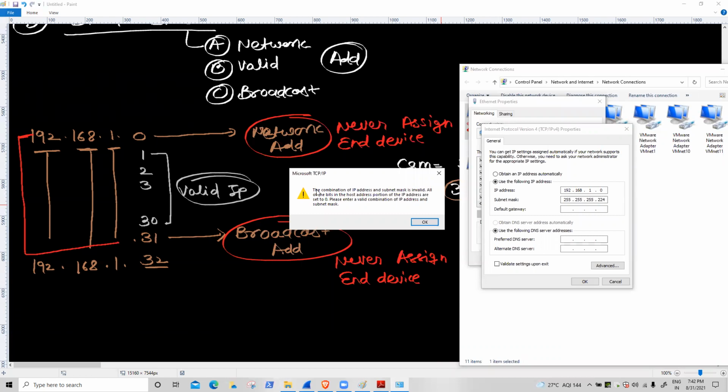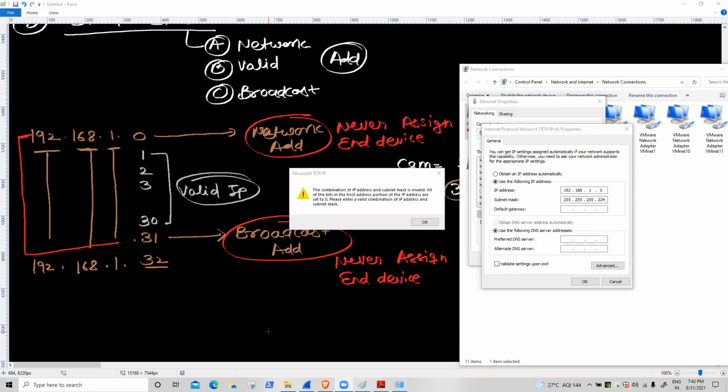Ibrahim, Aaron, Rajendra ji, please unmute your mic and read the error. Why are we getting this error? The combination of IP address and subnet mask is invalid. All of the bits in the host address portion of the IP address are set to 0. Please enter a valid combination of IP address and subnet mask.